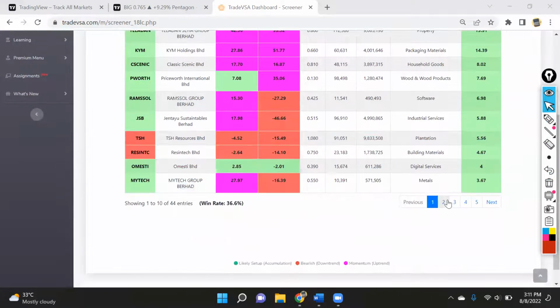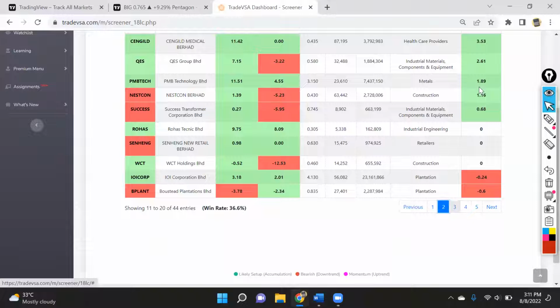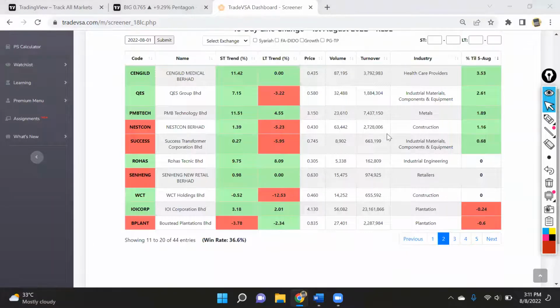So what I do is I will sort here, and look for stocks in between maybe negative 10% to positive 5%. At positive 5%, sometimes they already make a follow through, but we can still monitor whether there are any further pullbacks or not. So we can start with negative 10% or maybe negative 5%